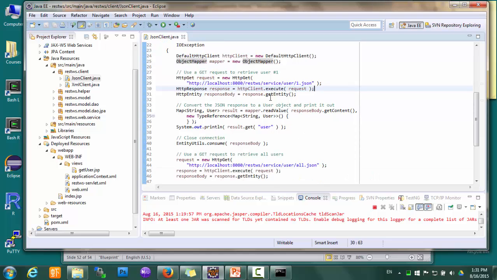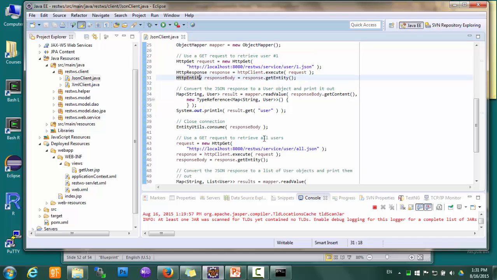So, for example, this part would send a request to the web service at this location, and it sends the request to the JSON URL pattern. So we get a JSON response, and once we get the response, we get the response body, and then